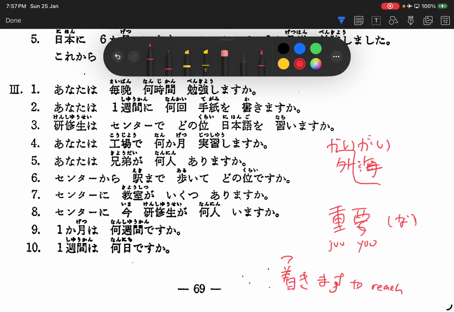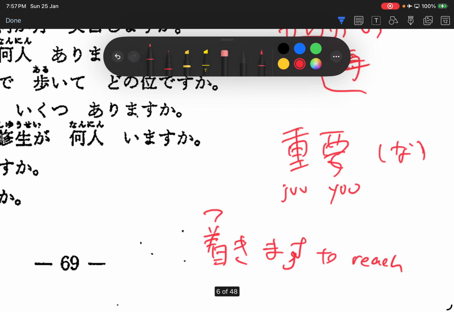By right, we should say like can reach in 1 hour lah. But you haven't learned the grammar form to say can reach. So we just use like will reach in 1 hour lah, okay? So 1時間着きます。 Oh, this guy ga is very useful. It's like on one hand I take 3 hours, on the other hand. So this guy is really just to share 2 opinions lah. And he uses it a lot. Yeah, I keep using it a lot. But there are way better things to use than ga lah. Just that you haven't learned it yet. Okay, next. 車で1時間、1時間着きます。